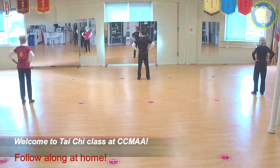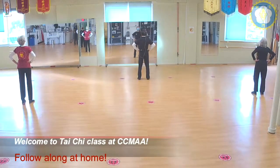Neck turning. 1, 2, 3, 4, 5, 6, 7, 8, 9, 10. 1, 2. Back and forth. 1, 2, 3, 4, 5, 6, 7, 8, 9, 10, 1, 2, center, tilt to the side, 1, 2, 3, 4, 5, 6, 7,